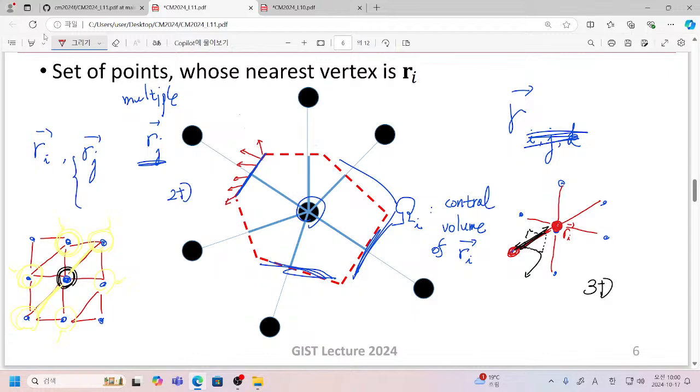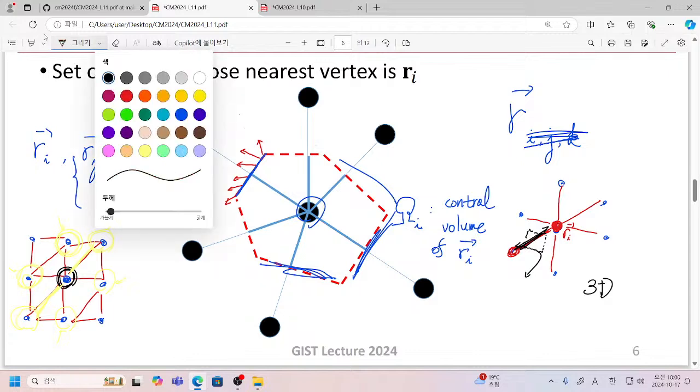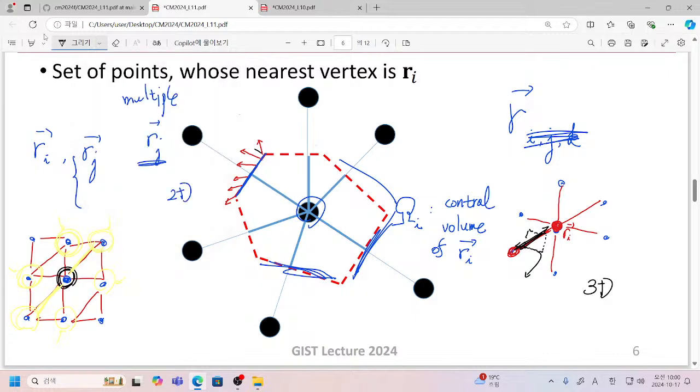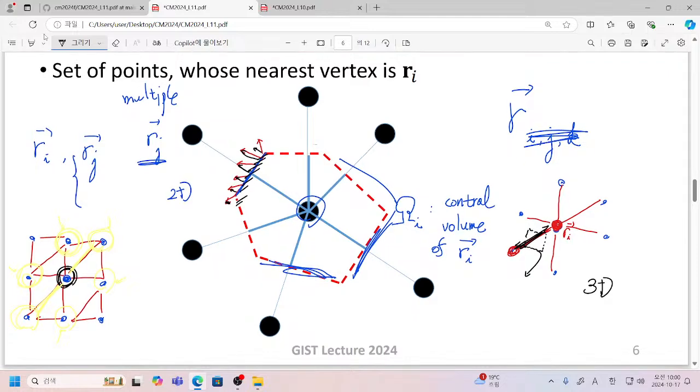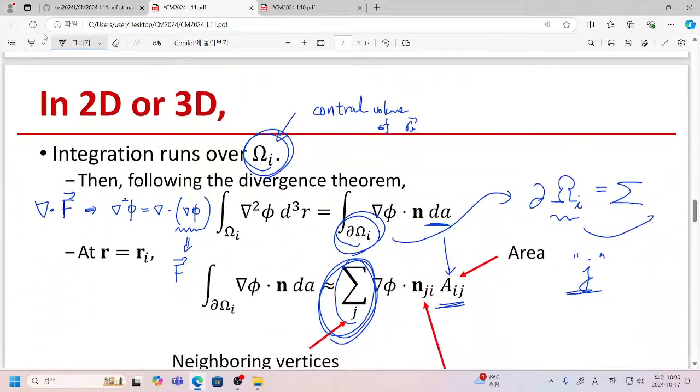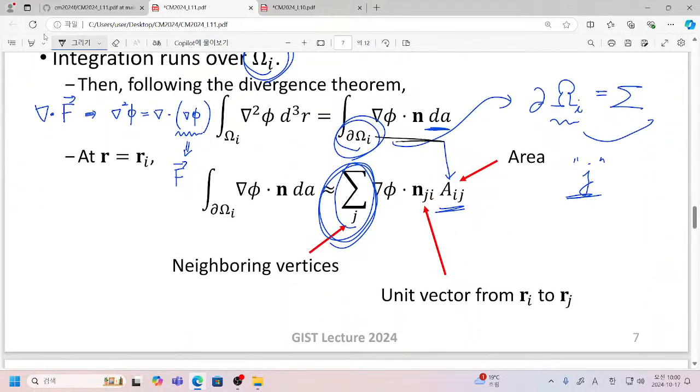Then what we have to do is actually take only the normal component. What is the normal component? Yes, this is a normal component, and this is a normal component, and this and this and this will be normal components. And just integrating these position-dependent normal components over our segments will be the exact meaning of this integration